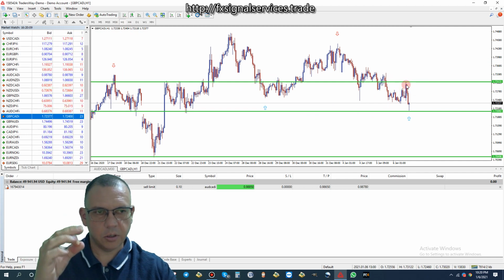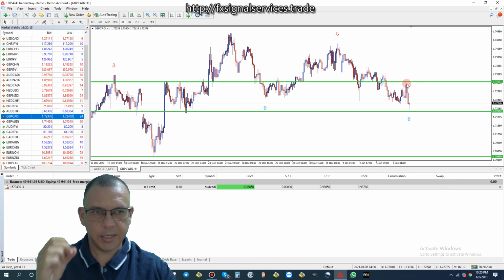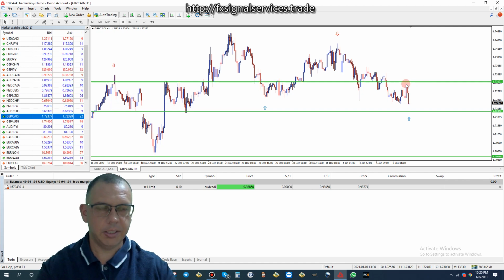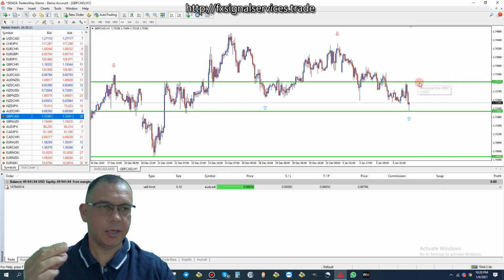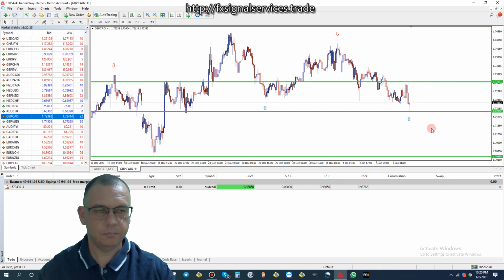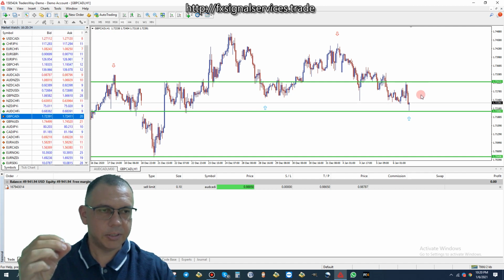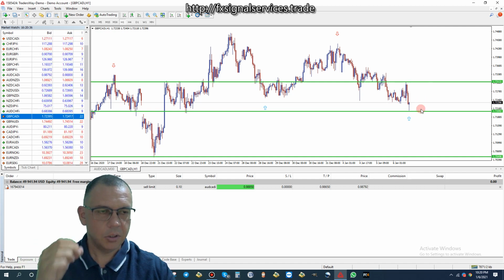where these arrows are. We have a red arrow here on the 5 minute chart. You cannot see that on the 1 hour, but it is there. So I'm thinking the price is going to shoot back up to here and then eventually drop and break even further down. So what I want to do is put a sell limit pending order just a little ways below this green line here,